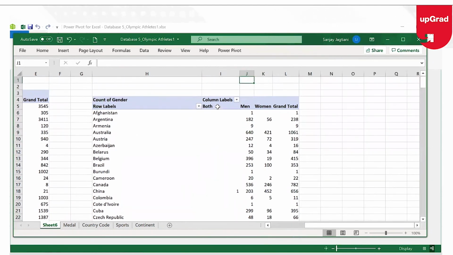So, for more details on how to work on this relationship, to understand the difference between the RELATED DAX function and the relationship, which one is better, I'm going to cover that in the next tutorials.